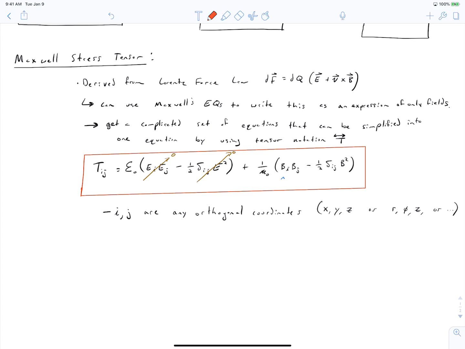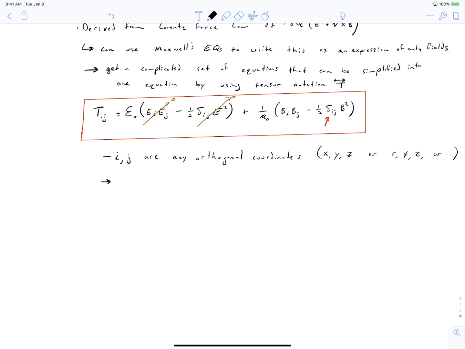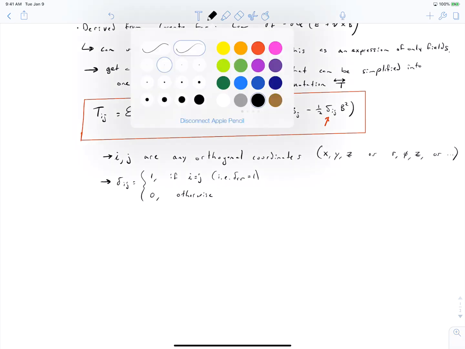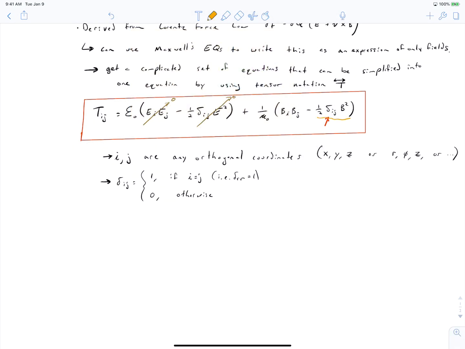The next item to discuss in this equation is the Kronecker delta. That's this variable right here, this delta with a subscript of i, j. And that's referred to as a Kronecker delta, and it's a special function that is 1 only if i is equal to j, and it's 0 if i and j are not equal. So in other words, that's just a way of saying that this entire term over here disappears if you're talking about two different coordinates. If you're talking about i equals x and j equals y, that term is 0. But if you're talking about i equals x and j equals x, then that term is -1/2 magnitude of B